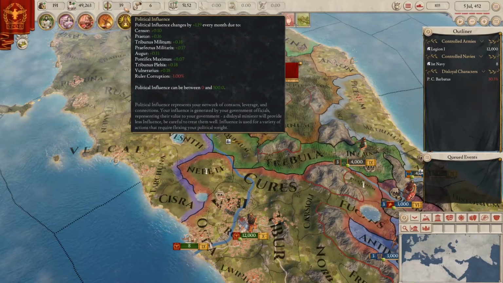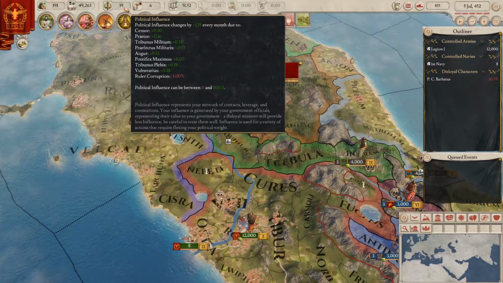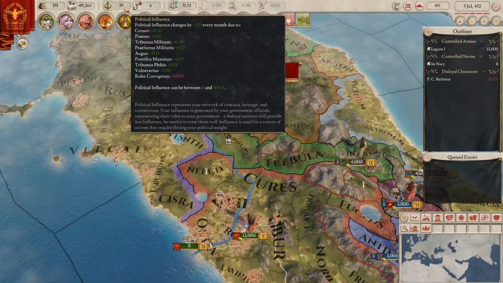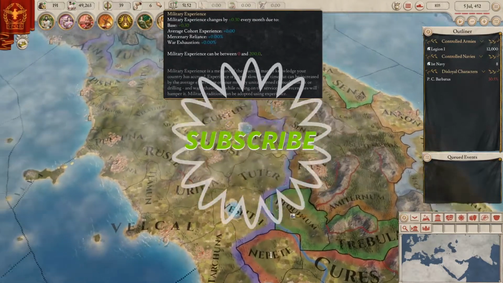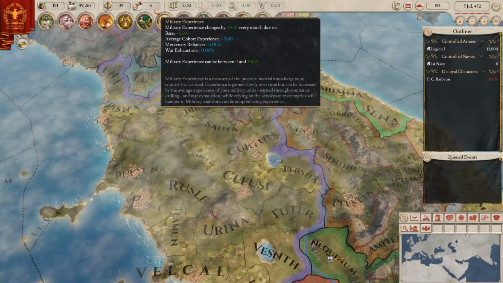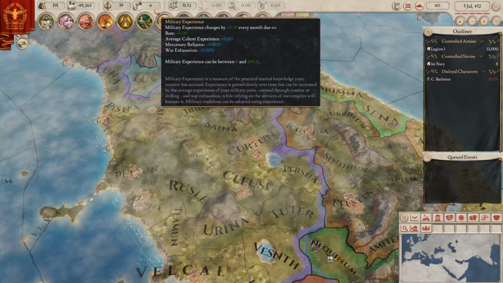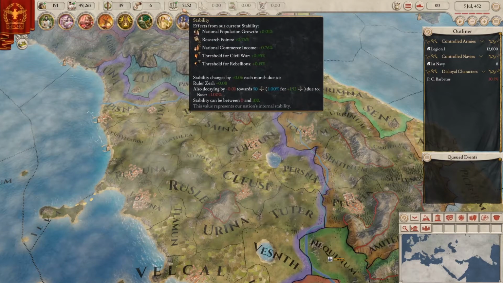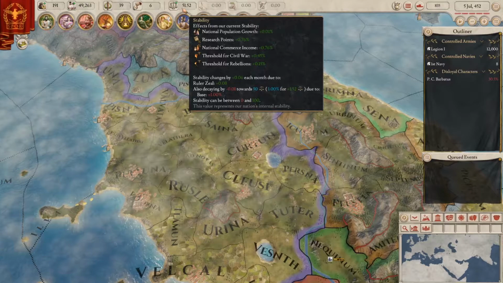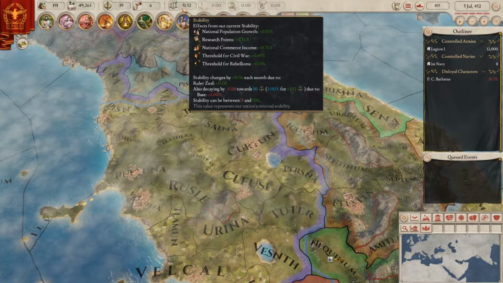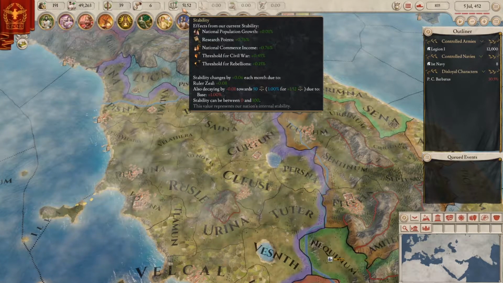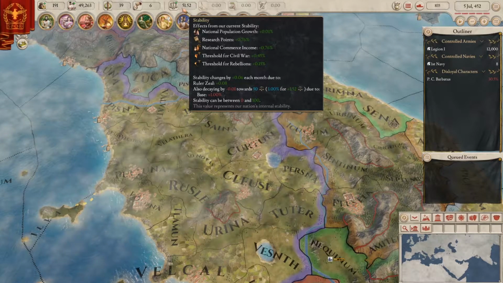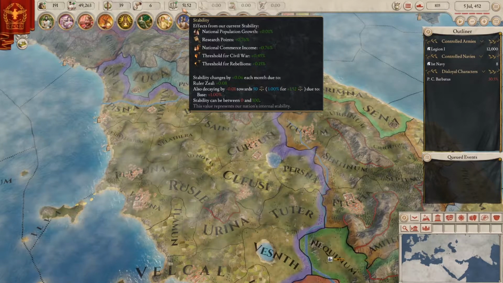And so here, political influence. That just means how much influence you have and can spend on various things. This is military experience, which lets you hire mercenaries, which we'll also go over later. Here you can see stability, and stability is just how your nation's doing. If it goes really low, you'll see those benefits right there turn into negatives, and then if it's higher than